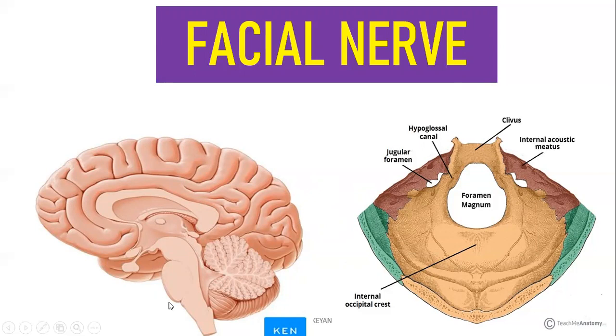Just have your textbook aside so that you'll be able to appreciate the root. I just want you to understand the course now. Here you will have a pontomedullary junction, and it is going to arise as two roots, your medially placed motor root and laterally placed sensory root. Now after its origin, it is going to move laterally and forwards, and it is going to rest on the cerebellopontine angle.